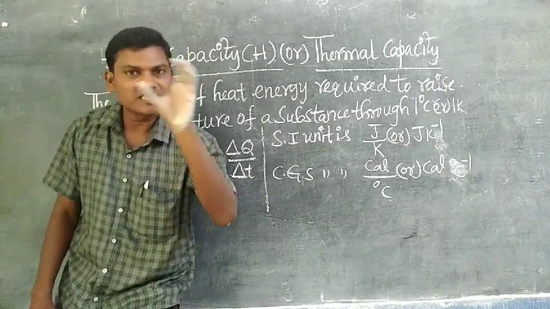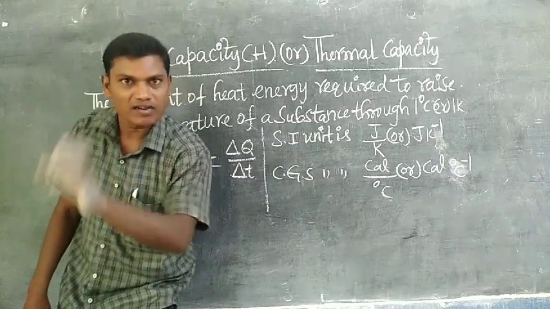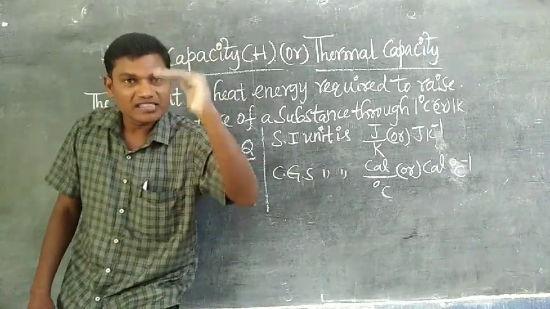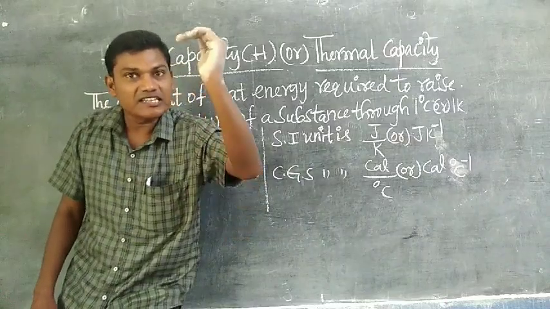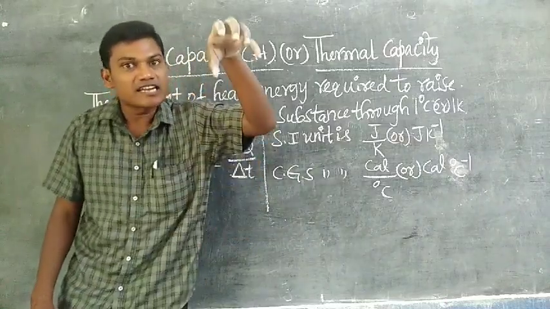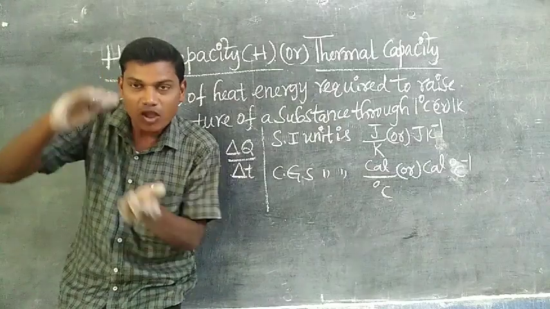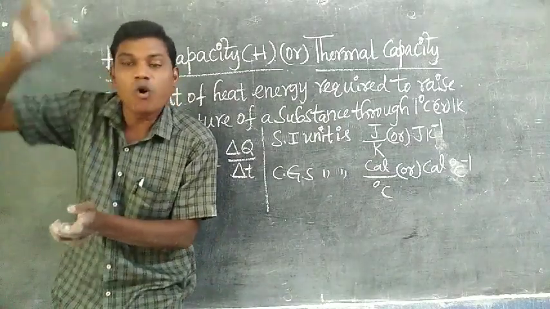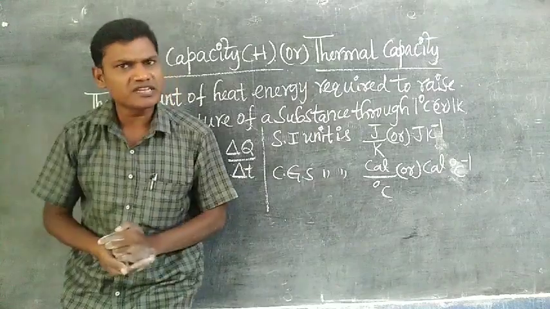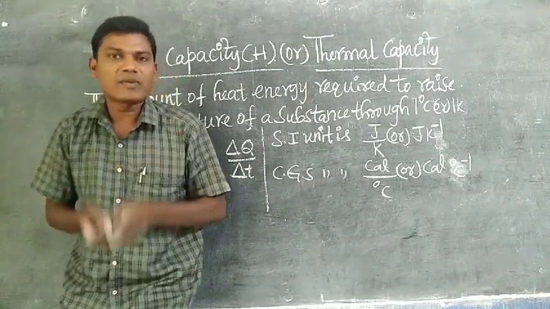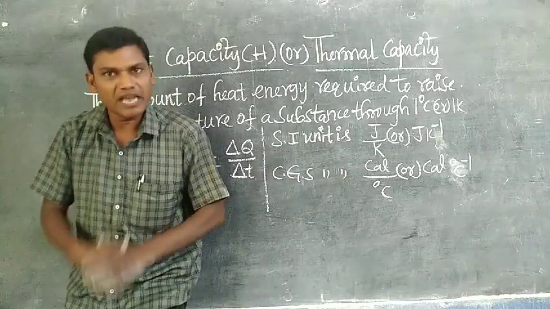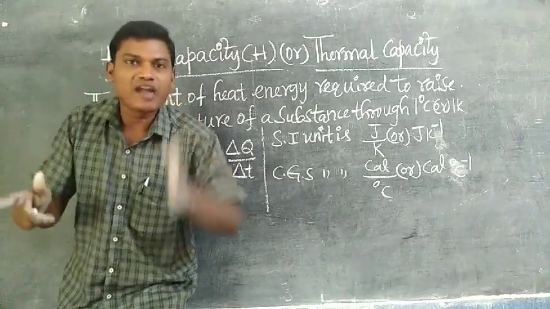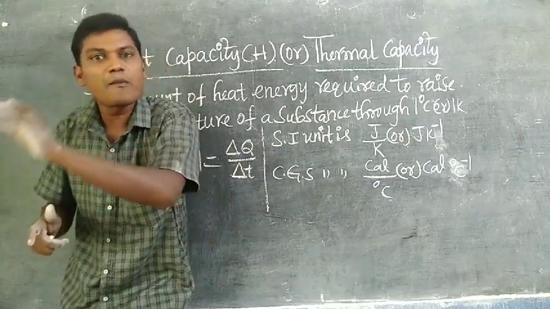For example, in the case of oil or water, 1 liter of water, for the same rise in temperature, say a difference of 10 degrees Celsius, absorbs a certain heat energy. But for the same water, 2 liters takes more heat energy for the same rise in temperature. That's why the thermal capacity of the same or a different substance is not the same. It depends upon the nature as well as the mass.